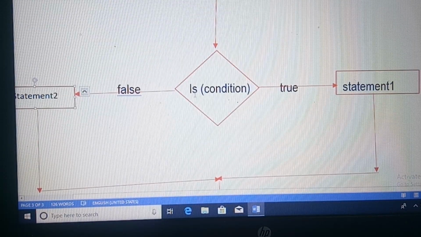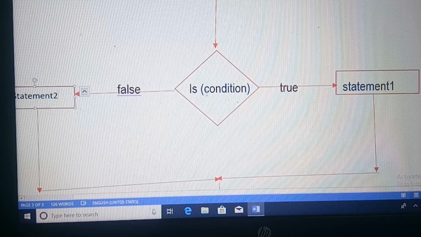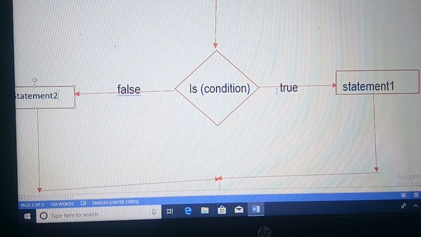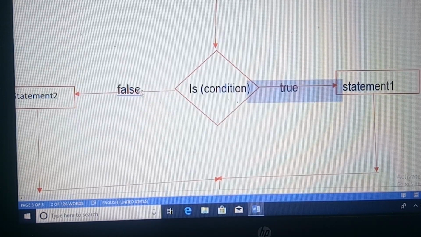First, a condition is tested. The condition returns true or false.